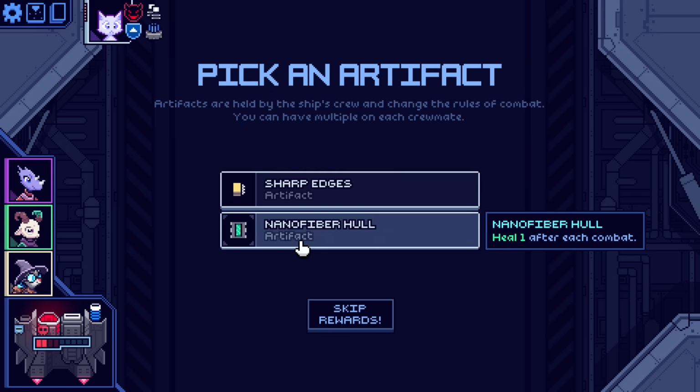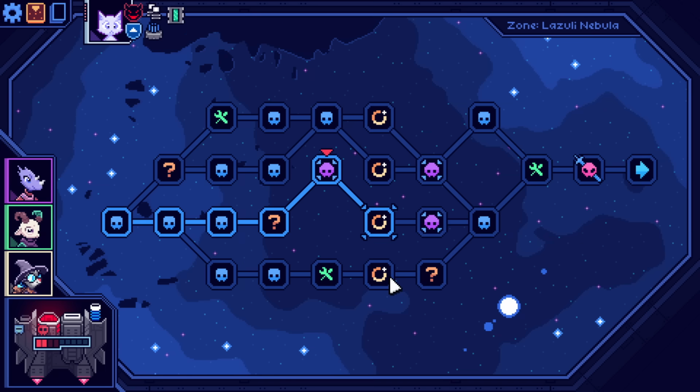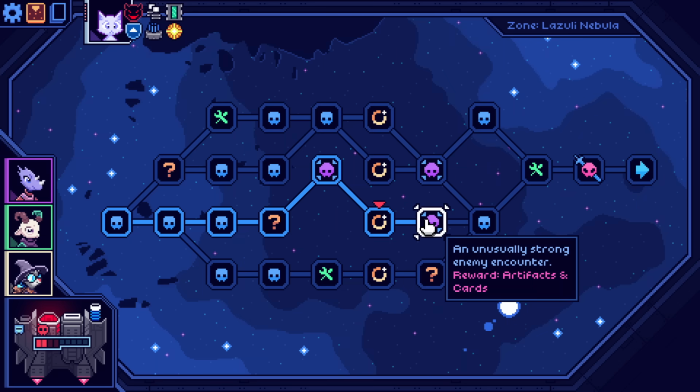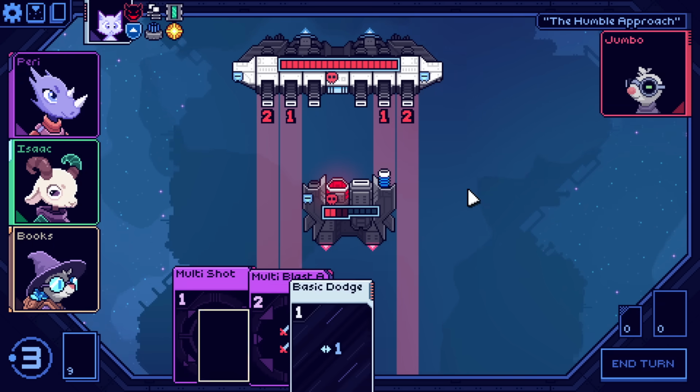Each time you discard, heal 1 after every combat. Honestly, looking at my health, I kind of think that might be nice. I don't have a whole lot, but after your first attack each turn, gain a stun charge. I love that artifact. You're too easy to find. Oh my god, let me get the...